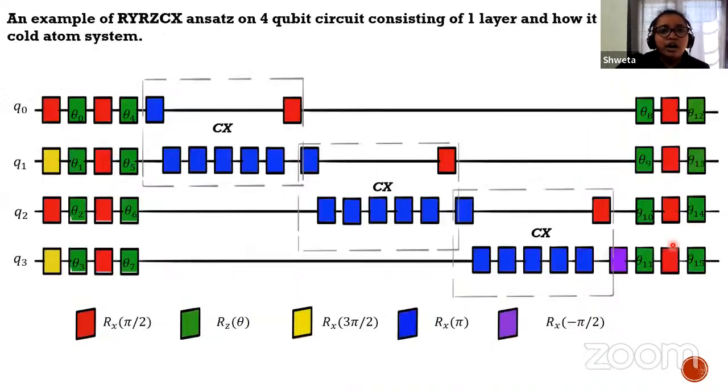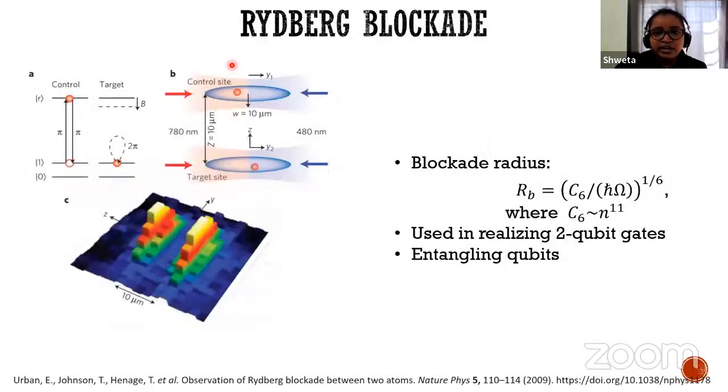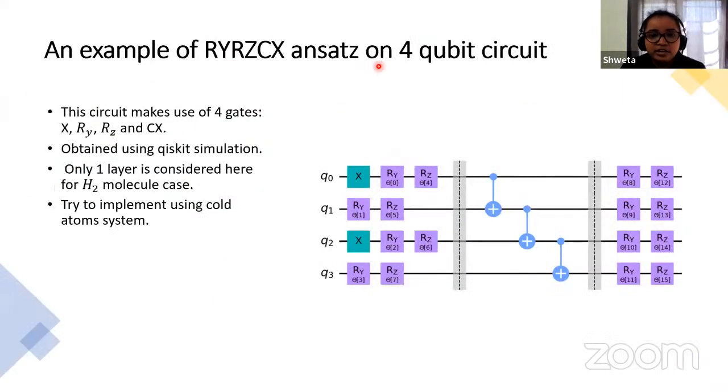And now how can we implement all these building blocks in the form of a circuit? So I'll be explaining the same circuit of RY, RZ, and CX gates, which I had taken as an example, implementing the Pauli X gate, RY theta gates, RZ gates, and also these CNOT gates in succession in one layer.